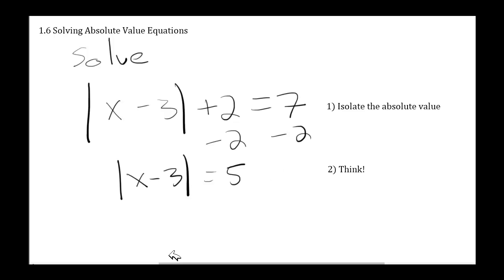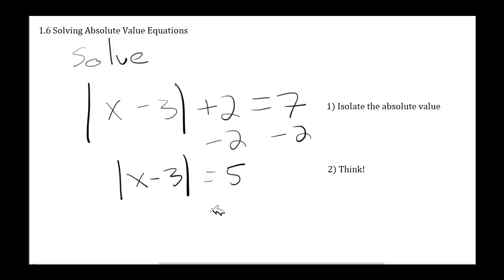You have to think, is this possible? Can the absolute value of something be equal to 5? The answer is yes. Remember, absolute value can equal 0 or a positive, but absolute value can never equal something negative. So if this side over here was negative, the answer would be no solution at this step. But since this is 5 and absolute value can equal 5, now we have to break it up